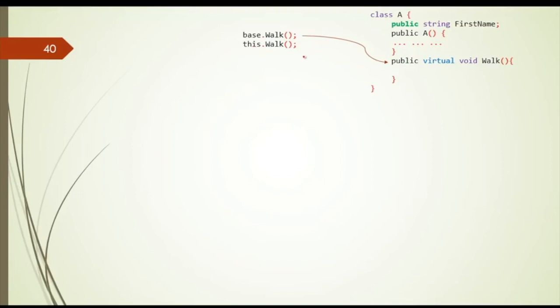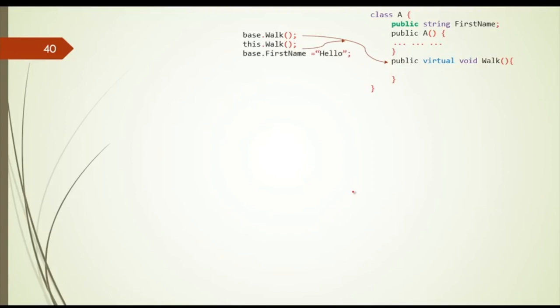Let's say I have another example, this.walk. See the difference between this and base. This is all about this lesson. When I call this, it also calls the walk method, because there is no inheritance there.